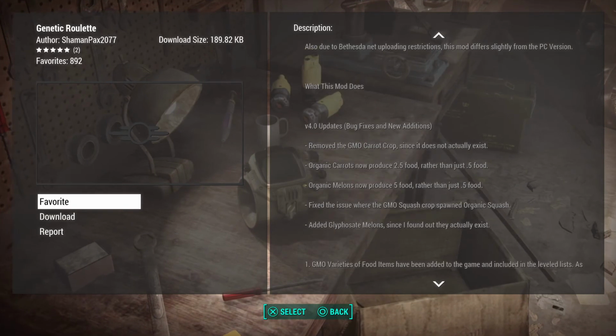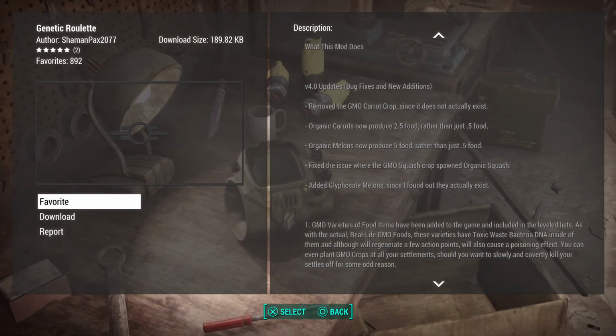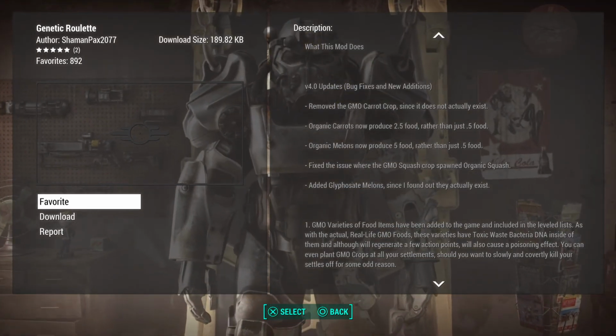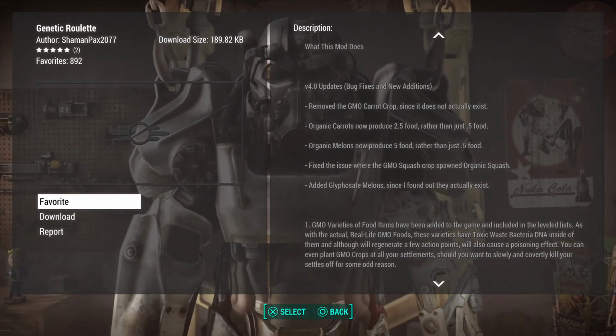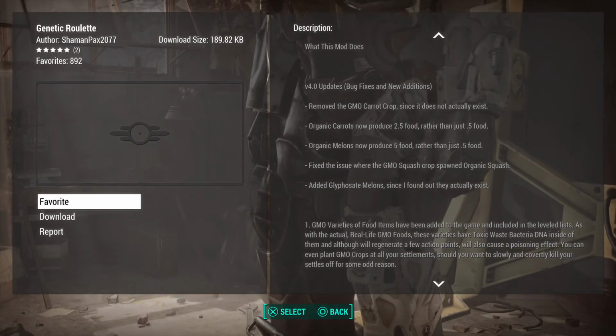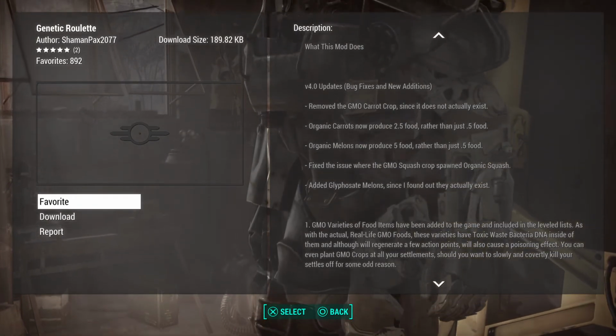The mod basically removes the GMO carrot crop since it does not actually exist. Organic carrots now produce 2.5 food rather than just 0.5. Organic melons now produce 5 rather than 0.5. Fixes the issue where the GMO squash crop spawned organic squash. Added